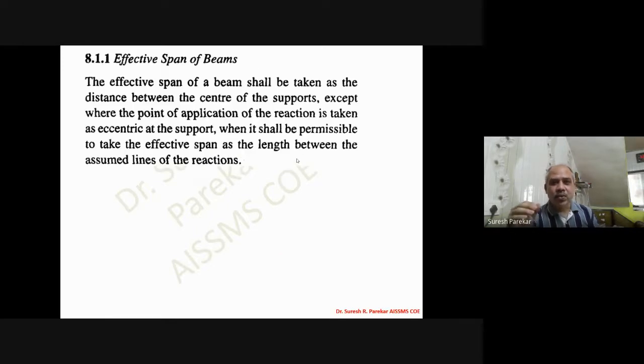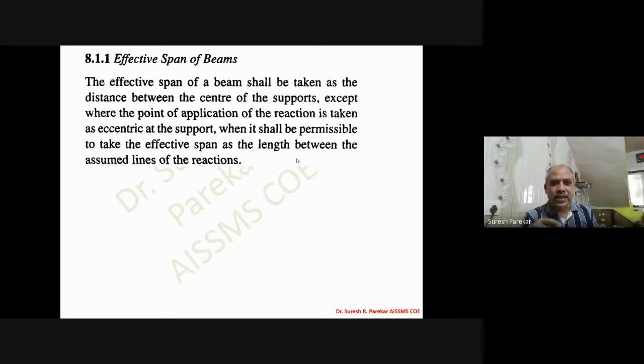First we will go through the clauses related to flexural members, and then we will solve some problems. Here we have taken three problems. Out of three, one is analysis and two are design. In analysis, we have taken a beam section and calculated the strength of that beam section when the beam is laterally supported and laterally unsupported. In design, we have considered two separate problems, for a beam laterally supported and a beam laterally unsupported.